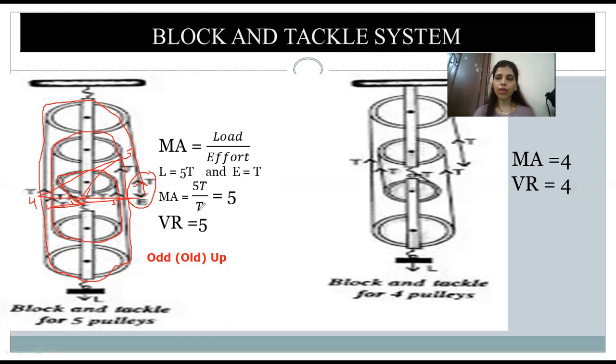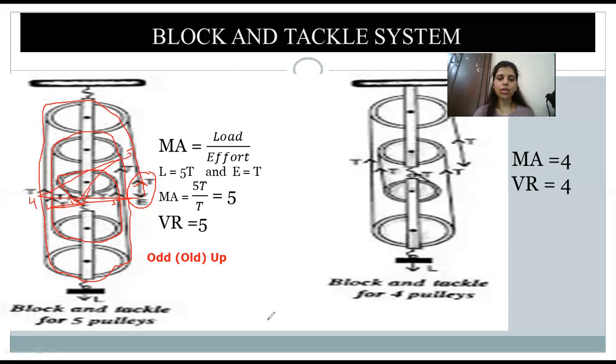VR is equal to 5, as MA and VR are the same, but MA can change due to friction and the weight of the pulley. So whenever you want to minimize the friction, or you don't want the MA to change, you have to have less weight in the lower block. The lower block pulley should have lesser weight, and you should apply lubricant so that friction is minimized. I hope, children, till here it's clear.